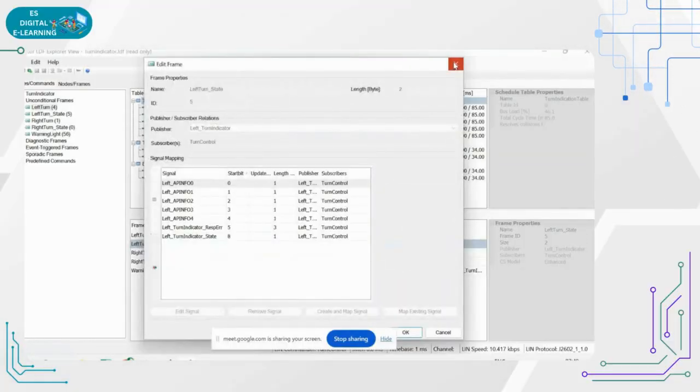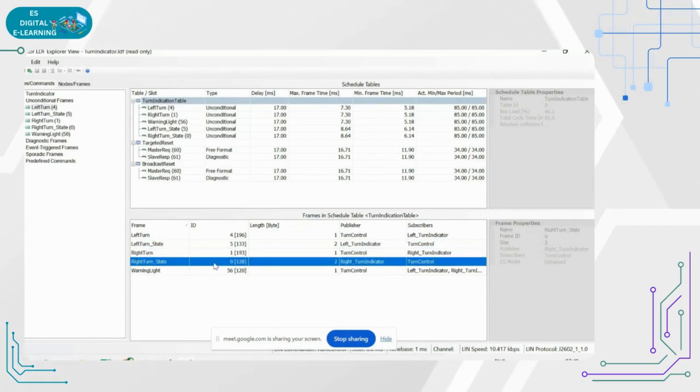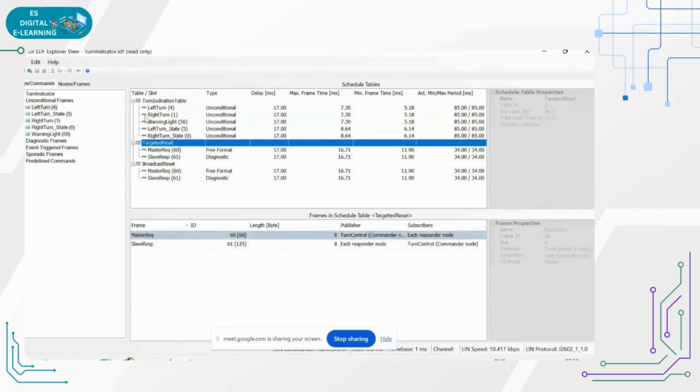Okay. And next, parallelly, we have a right turn. So if the vehicle turns right, we need to understand whether the right turn has happened or not. This is one state. And the warning light: whenever you make your vehicle turn left or right, there will be the indicator, right? So this will show that it is happening on the left or the right. And next will be the